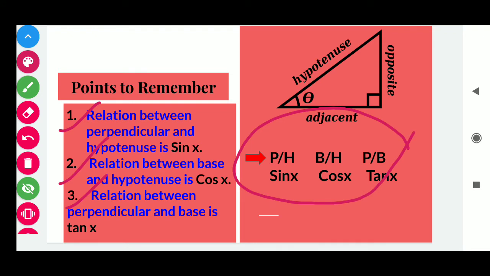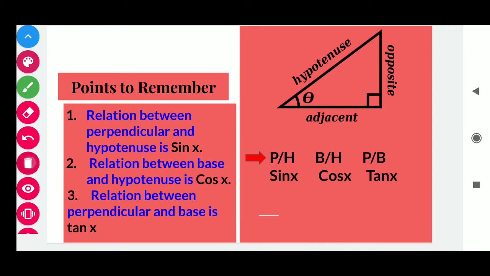Three steps are, I am repeating again, if they are asking to find the perpendicular or hypotenuse, students, one value will be asked to find and one of them is already given in the statement. So students, you have to just correlate the two things. First, identify whether it is perpendicular, base or hypotenuse. Then correlate the two things. Then decide which trigonometric function to use.